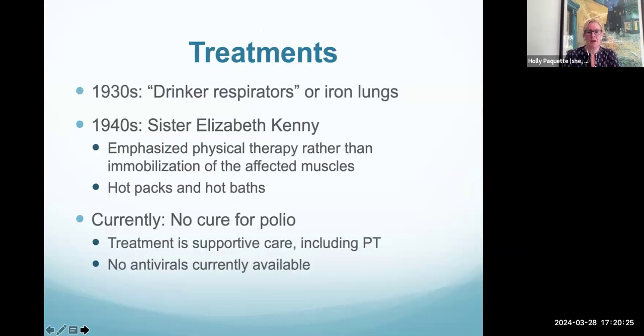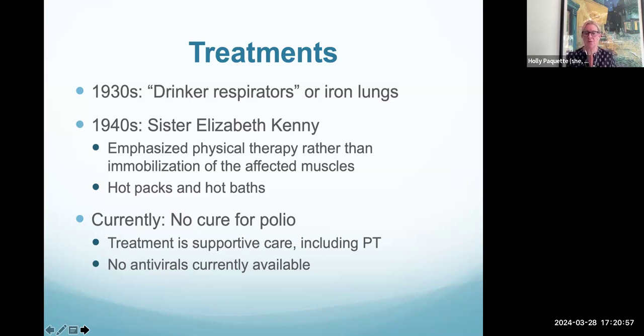So we were talking about the pathogenesis of poliovirus, and I want to talk about the way that we thought about treating it. So in the 1930s, we had what were called Drinker respirators or iron lungs. So if somebody had paralytic polio that affected their respiratory system, they ended up spending time, sometimes their entire life, in iron lungs. In the 1940s, there was a woman, Sister Elizabeth Kenny, who started to show that physical therapy,